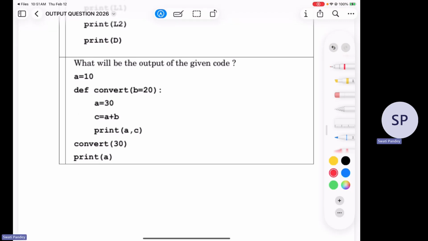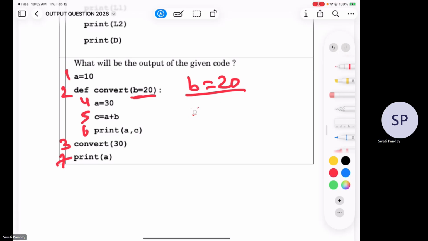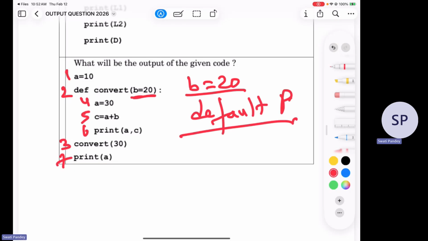It is a simple question, but let's take up numbering 1, 2, 3, 5, 6, 7. A is 10. Okay, global A is 10. And I call convert with 30. Now see, B equals 20 means what? Means B is a default parameter. Means what? If I add a statement here,